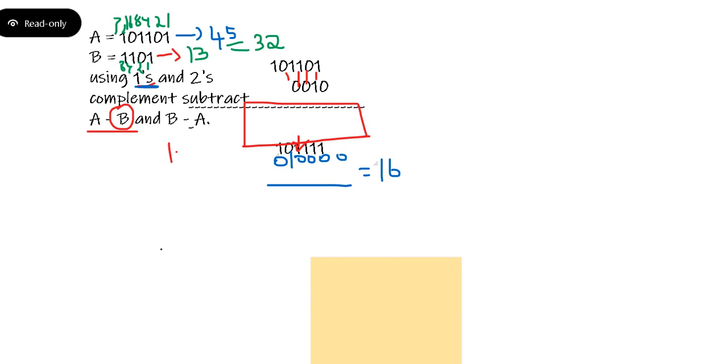But when you're doing it, what value are you getting? 16. Why? Why are you not getting 32? What is the mistake we have done?